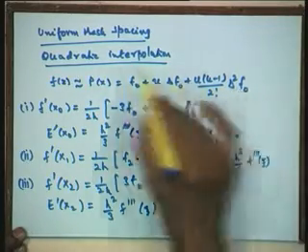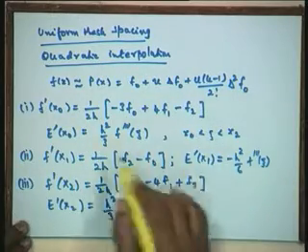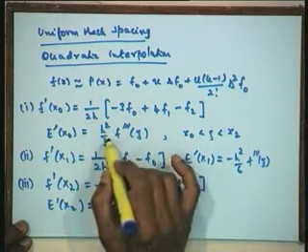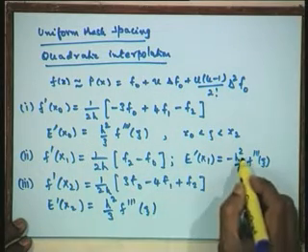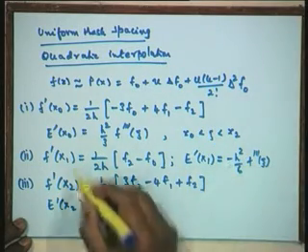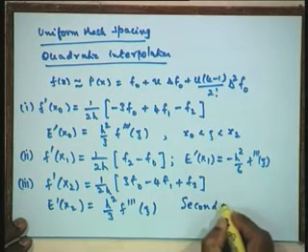We used up to second difference, because it is only quadratic interpolation that we have obtained over here. And we can see from here that this is a formula of order h squared, that means it is a second order formula. This is also a second order formula, and this is also a second order formula. All the formulas that we have written here are second order formulas.